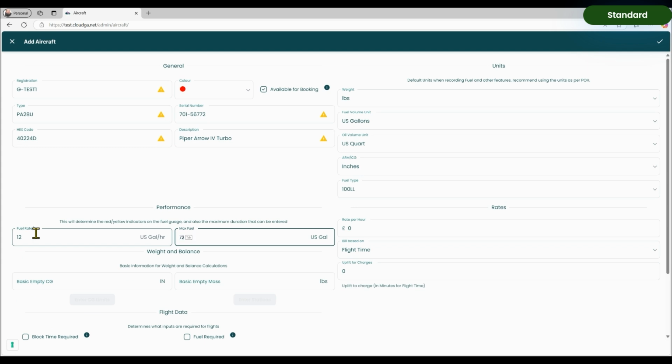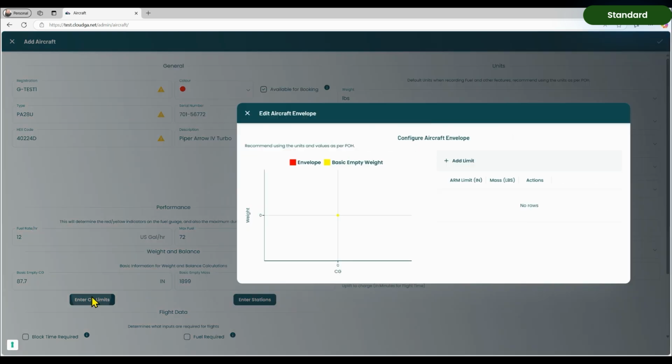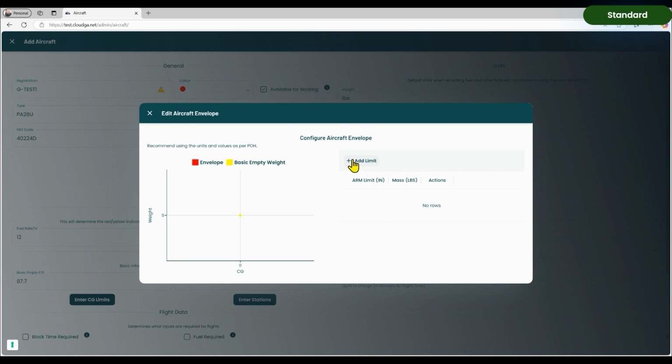Enter fuel rate and max fuel. This determines the maximum flight time in the flight entry log. To set up weight and balance, enter the center of gravity and the basic empty weight from the latest weigh report for your aircraft. Once entered, it will enable you to enter the envelope and loading information from the POH